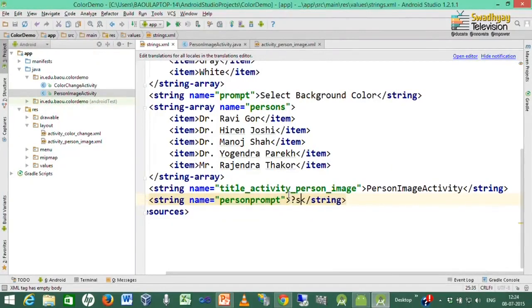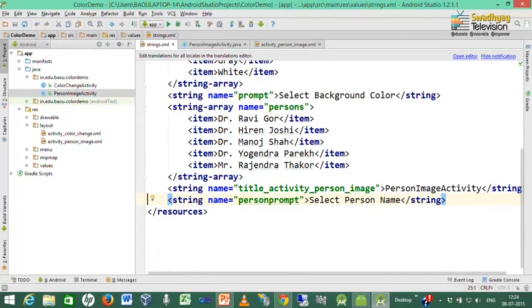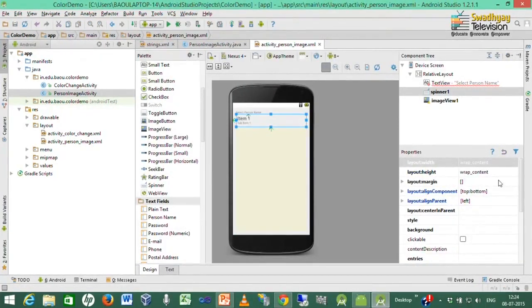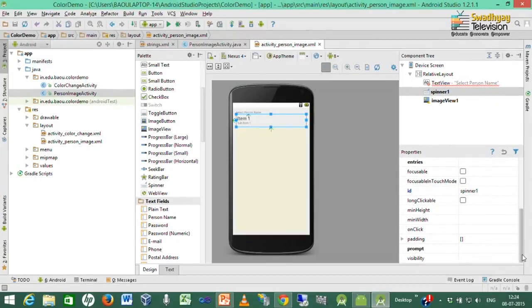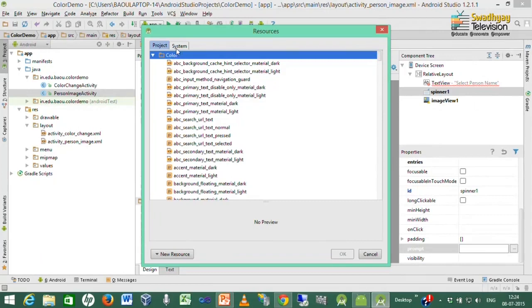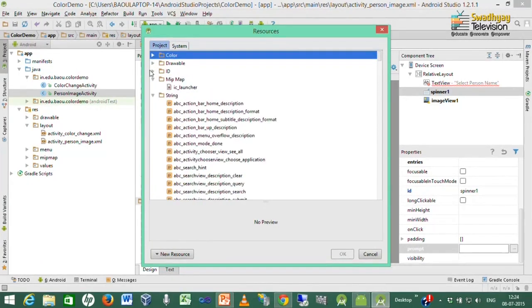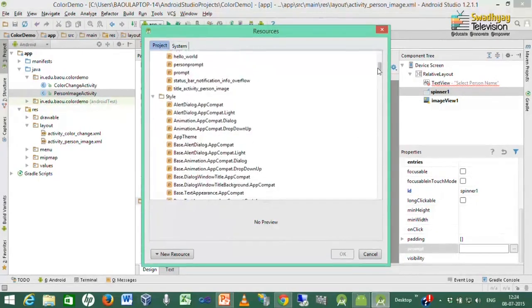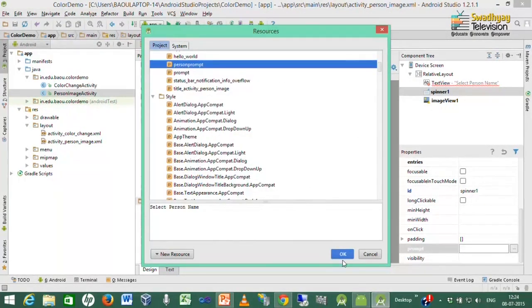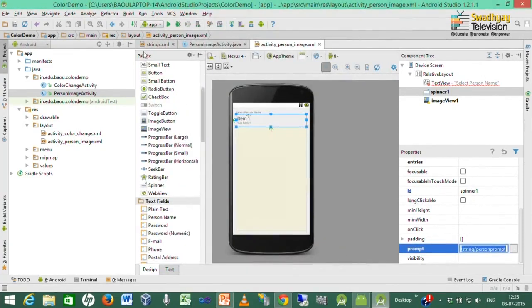Here I write "Select person name", and inside the spinner prompt we specify the prompt string. So, person prompt is the prompt for this spinner. So, we select this file.